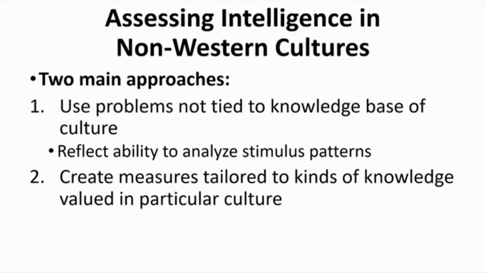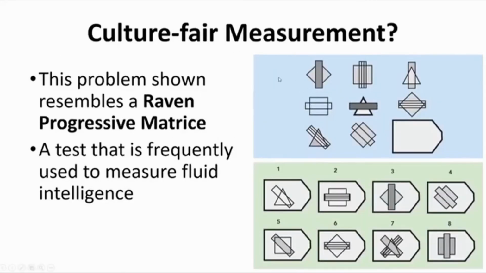The first of the approaches that you could go with is to use problems that aren't specifically tied to the knowledge base of any one culture. So you could look at the ability to recognize stimulus patterns or make connections between different objects. An example of this would be the Raven's Progressive Matrices, which is seen on this page here. This test is often used to measure fluid intelligence,